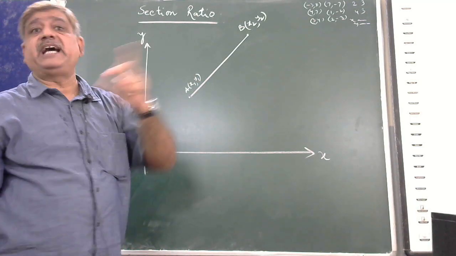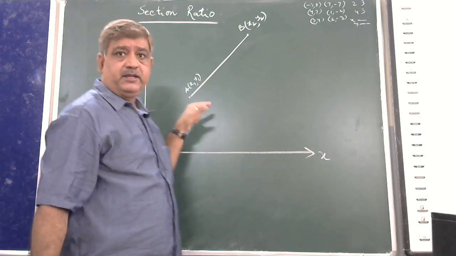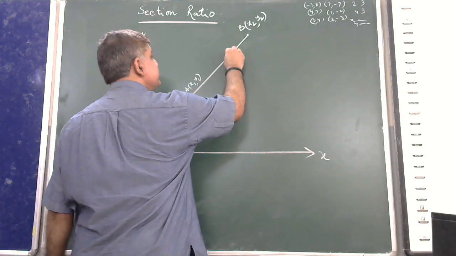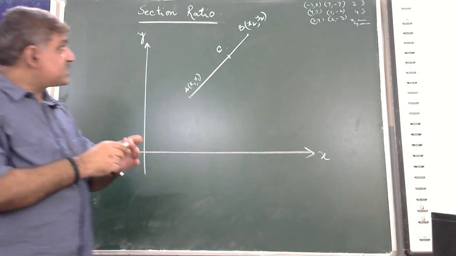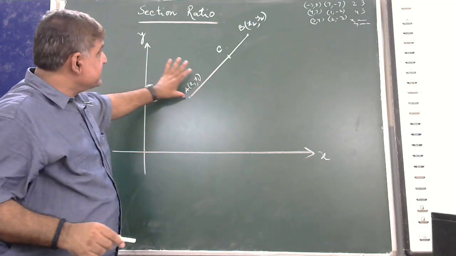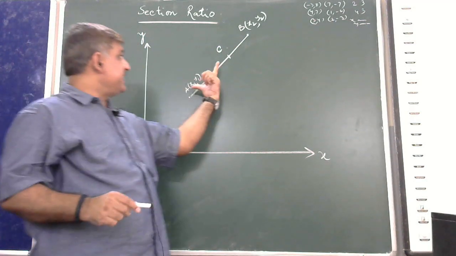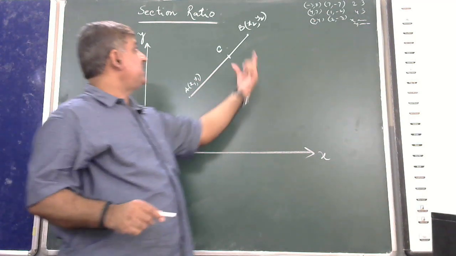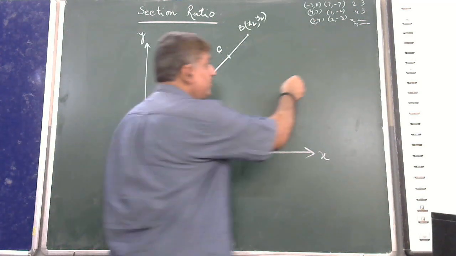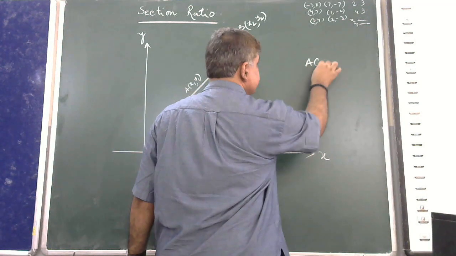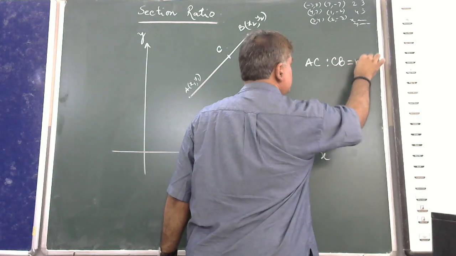If we consider any one point on this line segment AB, say the point C, this point divides line segment AB into 2 parts, AC and CB. If the ratio of the 2 parts, AC is to CB, is equal to m is to n,